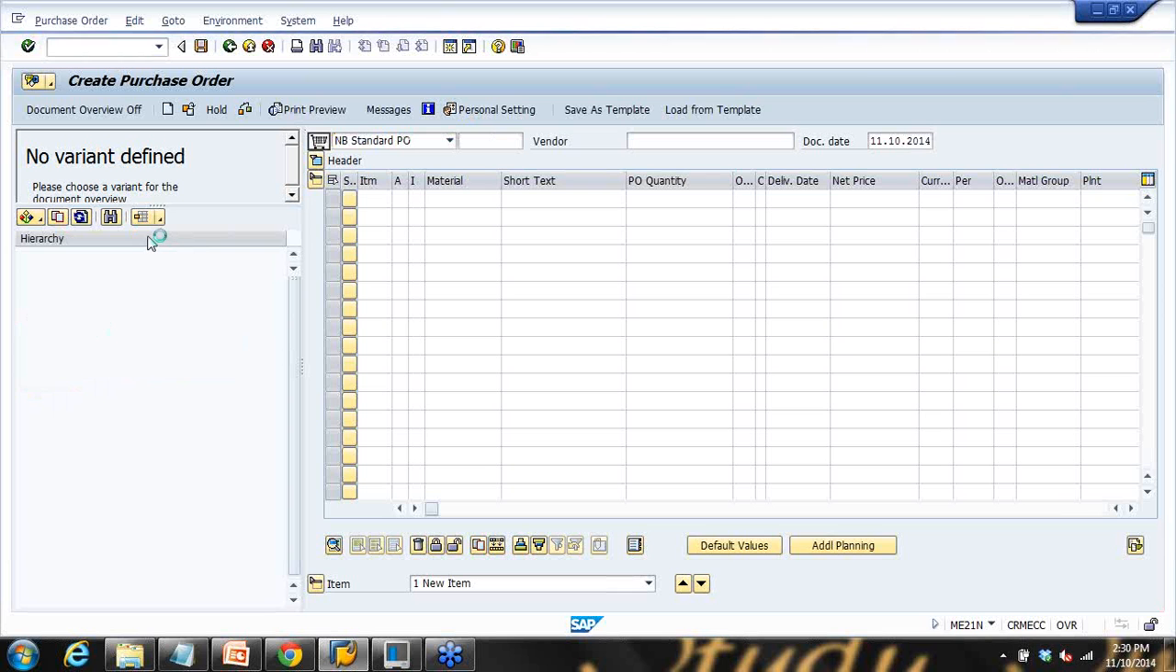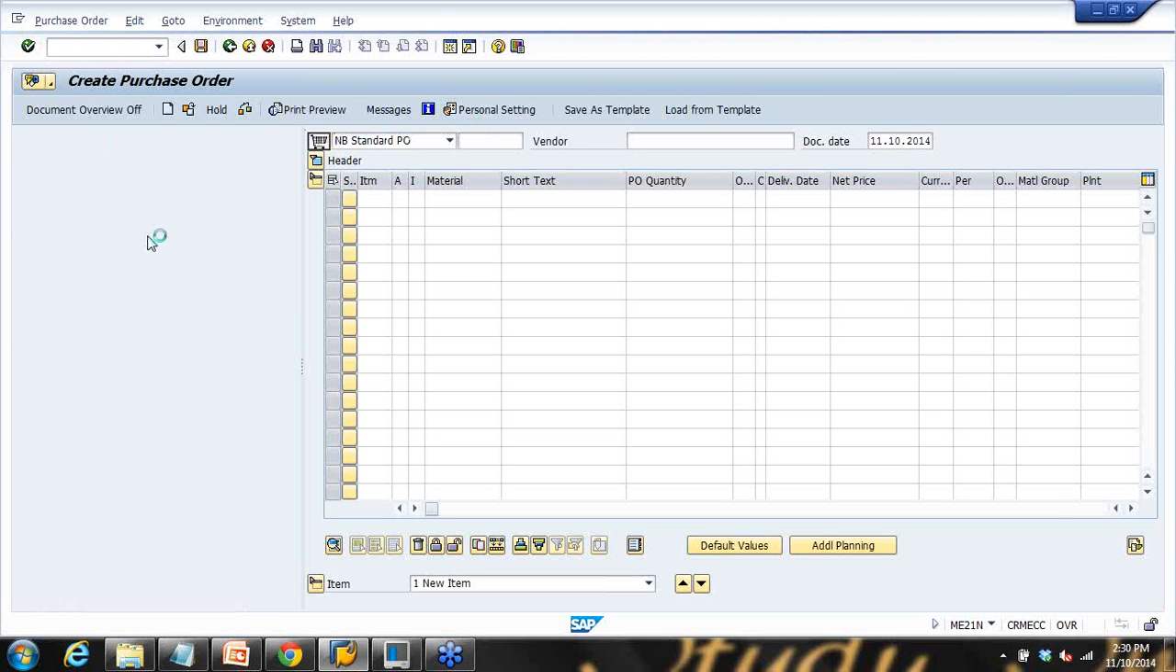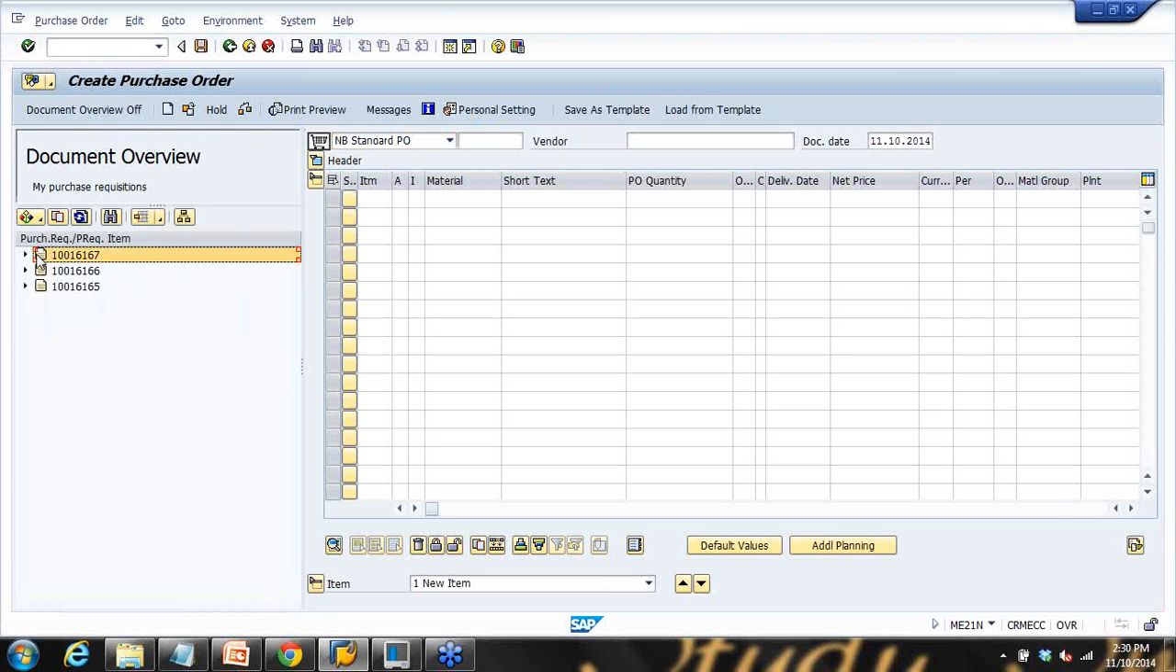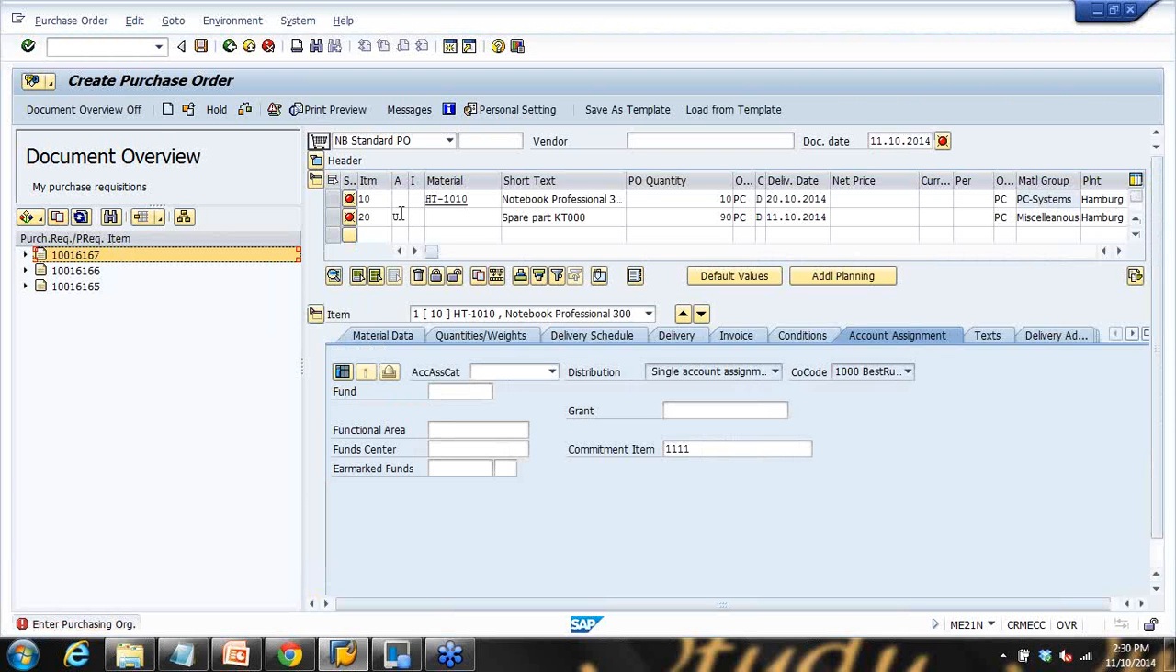My purchase requisition. Select that and now click on adopt. Okay, it copied all the data from the other one, and you can see on the top here, create purchase order. What is it doing now? It's creating a purchase order. It's not displaying the purchase requisition, it's creating a purchase order. So its data is copied to the